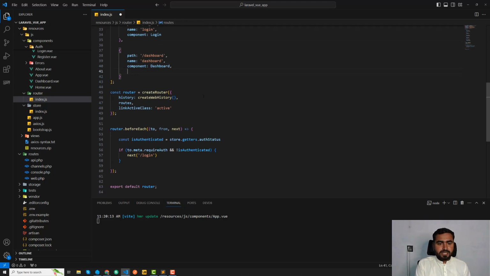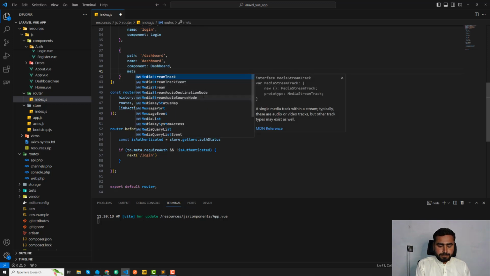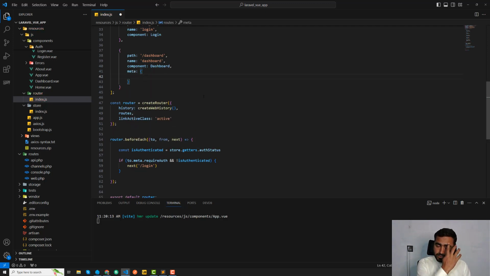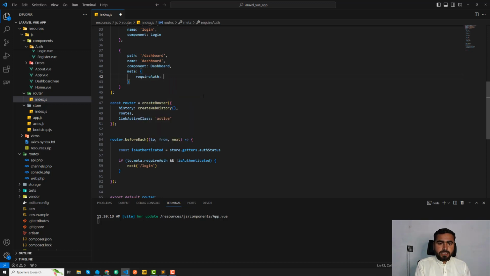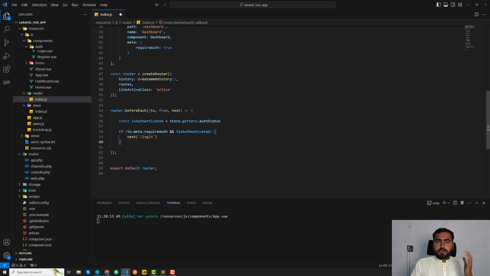Maybe you are confused about why I'm adding this. So here I'm going to add a meta, and then I'm going to tell that to require auth, and then this would be true. So it means that I'm telling Vue.js that this route should be protected, right? It should be available when, then I'm entering my logic here that whenever I'm logged in, I need to redirect me on the dashboard. So that's why I'm referencing this meta here and checking its require authentication if it's true,